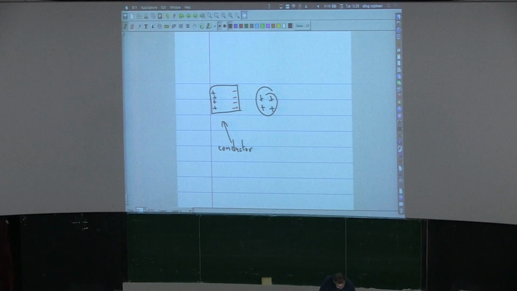Now, if you take another conductor and attach it to the ground, you can think of ground as an infinite source of electrons. You can take as many electrons as you like, and it will still be almost neutral. You can give as many electrons as you like to the ground, and it will still stay neutral. But then, if this is a conductor, the electrons are free to move in the conductor. Here we have some positive charges. These positive charges will attract electrons in this conductor. So the electrons will start flowing in this conductor